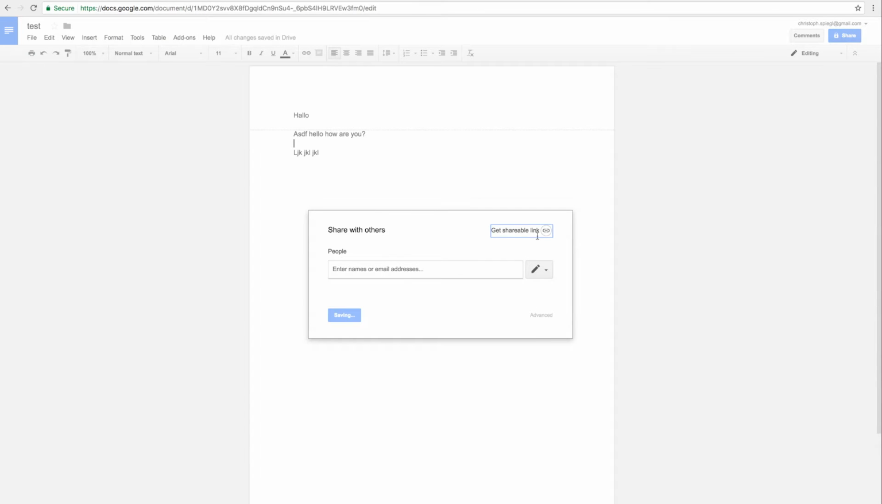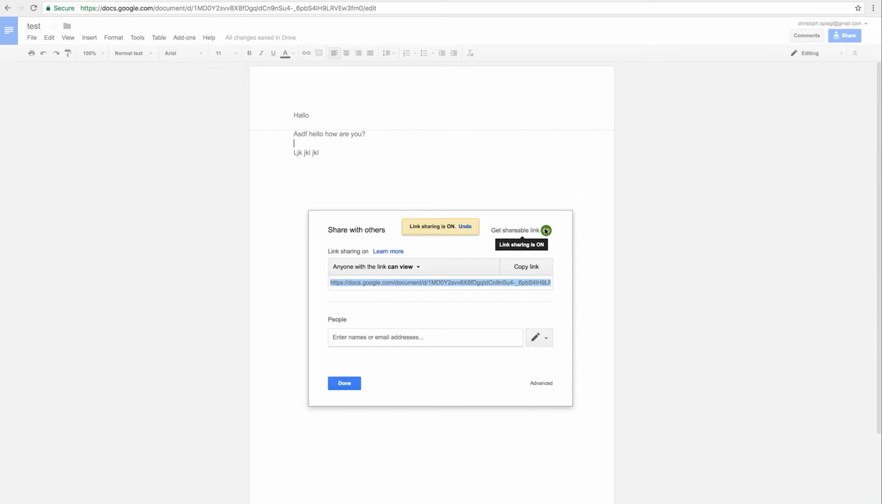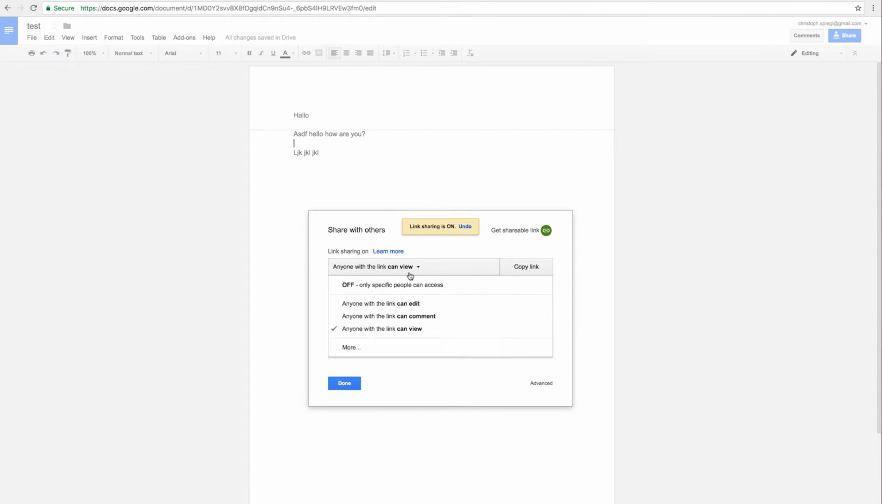But what I'm going to do now is get a shareable link. So I just click on the top right here, and then I get a link and I can say what people can do who have this link. For example, I can say they can view the file, they can comment the file, and they can edit the file. You actually want to think about what other people should be able to do, because if you open this